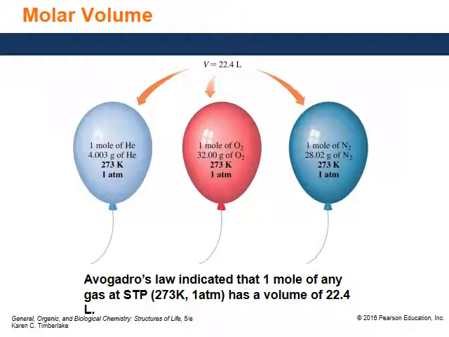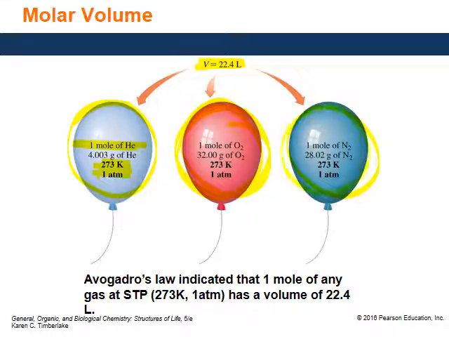So now, based on the molar volume that we saw, any gas, irrespective of which gas we are talking about, 1 mole of the gas would always be 22.4 liters. So if you have a balloon filled up with 1 mole of helium at STP, which is 273 Kelvin, 1 atm, it will occupy a volume of 22.4 liters. If you replace helium with oxygen, same condition, 22.4 liters. If it is nitrogen, same condition, it is still 22.4 liters. So irrespective of which gas we are talking about, at STP, each gas will occupy a volume of 22.4 liters.